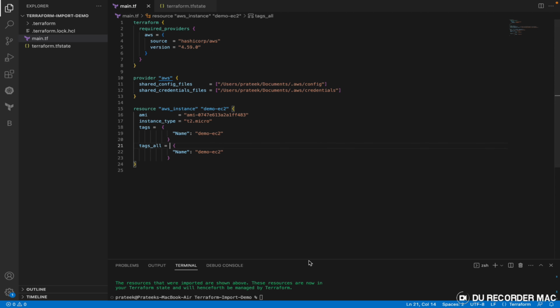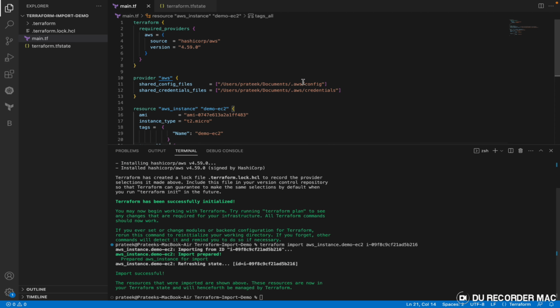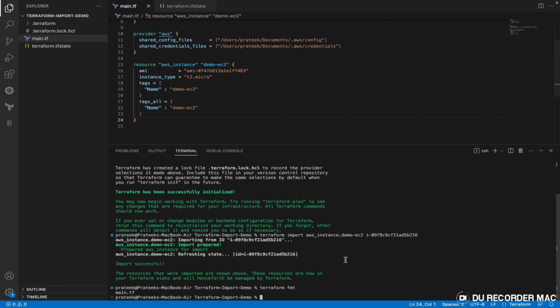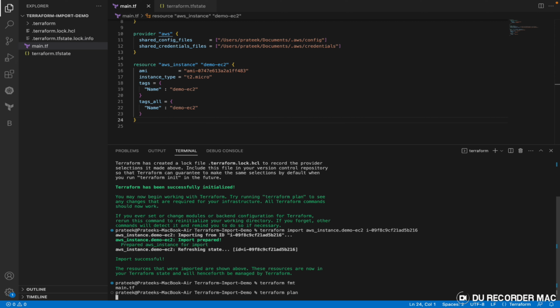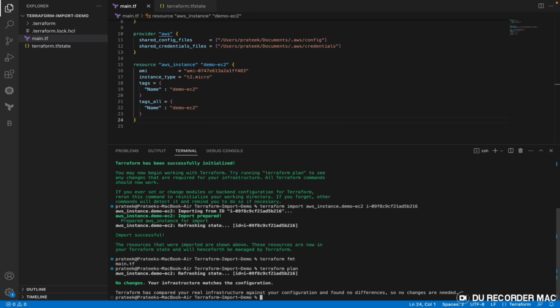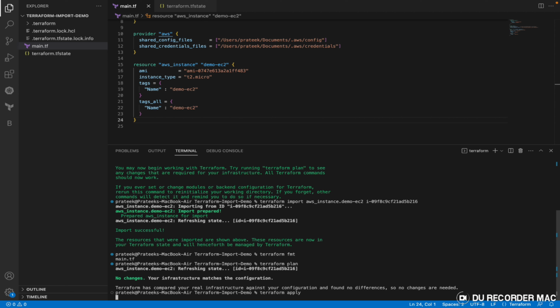So I'll save it. I'll just format it as well. I'll just run terraform fmt. Yeah, it is formatted now, and now I'll see if my configuration is in sync with the remote infrastructure. I'll just say terraform plan. So there are no changes required. I'll just say terraform apply. It will not do anything, but yeah,